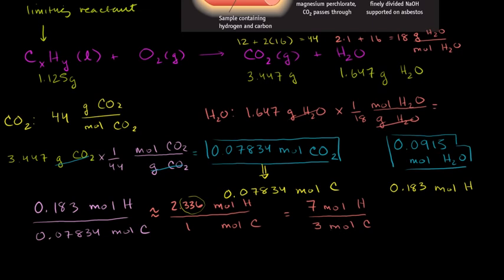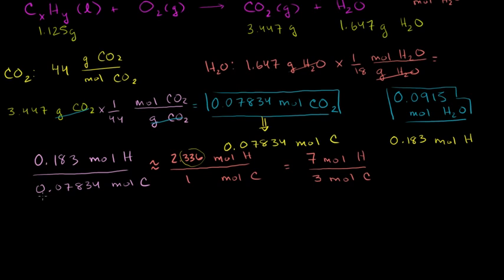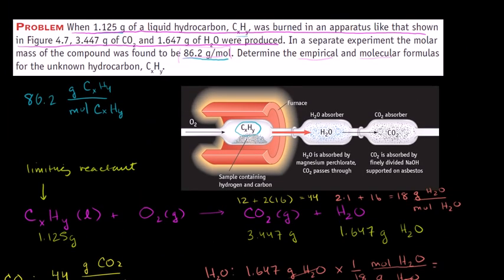And so the empirical formula of our mystery hydrocarbon is, for every 3 carbons, we have 7 hydrogens. Now, the next thing we want to figure out is the exact molecular formula. This is just the minimum ratio, but maybe we have 9 carbons for every 21 hydrogens. We don't know. So let's use the other information they gave us in the problem, where they told us that the molar mass is